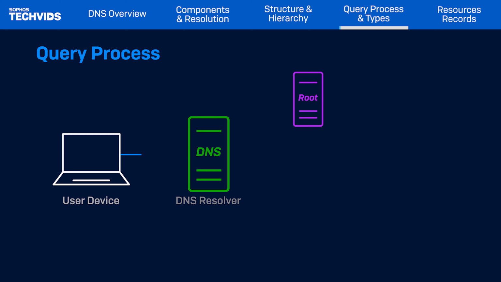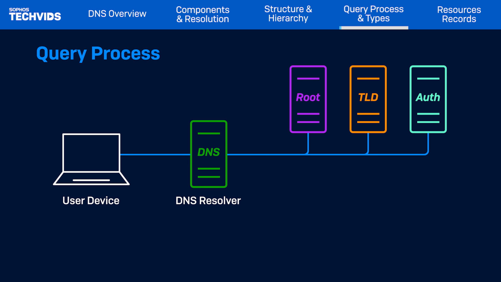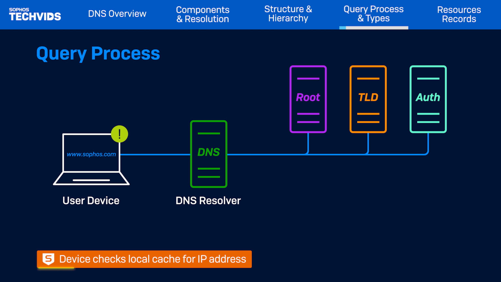Now, let's return to our previous example to explain the query process. I'll break down the DNS lookup steps. As seen before, when a user enters a URL into a browser, the computer initiates a DNS lookup to find the IP of the website. The computer first checks its local cache. If no DNS info is found, the computer sends a request to the IP configured to resolve DNS queries, usually a DNS domain controller or a public, well-known DNS resolver such as 8.8.8.8.